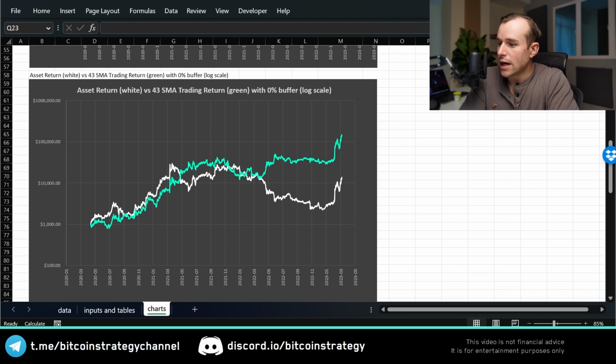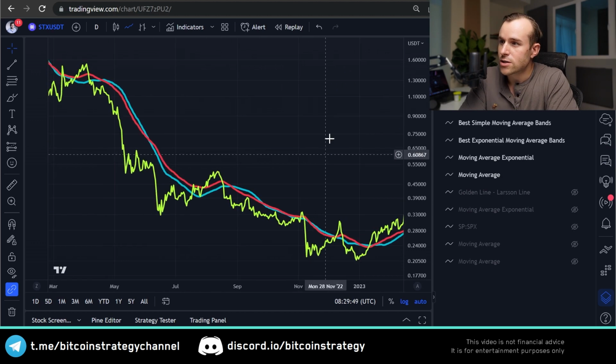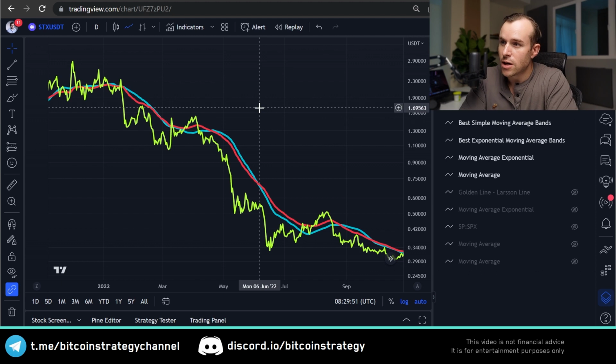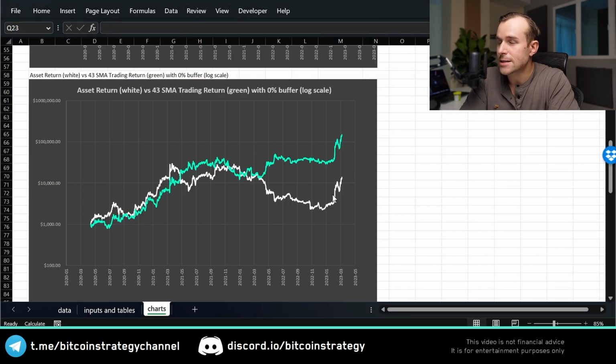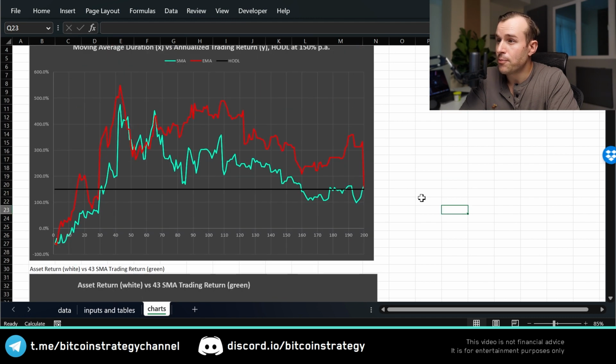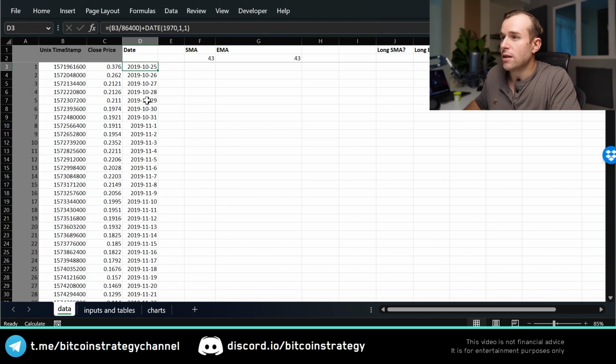Now, those two moving averages that we see over here, what are they? What's the duration of the moving average? Because you might take, say, the 50-day or the 100-day or the 150-day. What's actually the best moving average to take here for trading Stacks? I've backtested several of them, and that's the summary of those backtests. So I've backtested all the way from 1 day, so simply just looking at yesterday's price, all the way to 200-day. And in black, we've got a reference line, buying and holding during the time period,